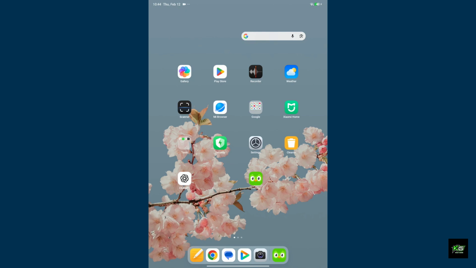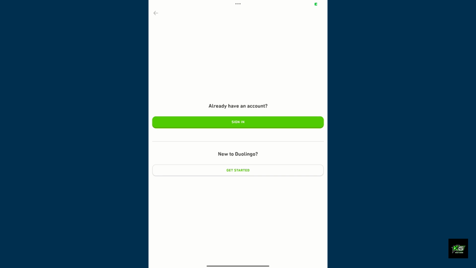First of all, launch the Duolingo app on your device, and once you do that, you'll come across this page. Here, click on the sign in button right under already have an account. If you don't have an account yet, you'll need to go ahead and tap on the Get Started button from